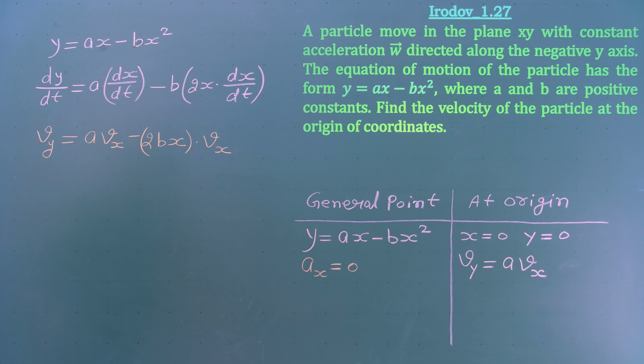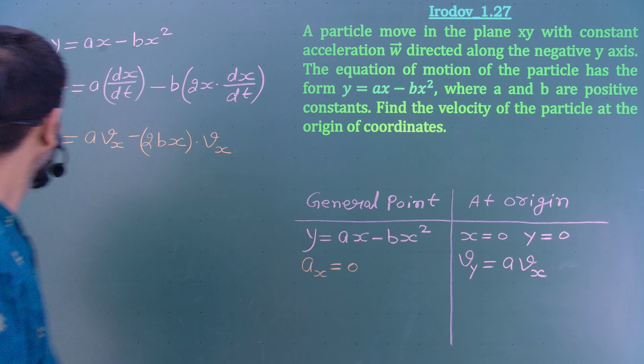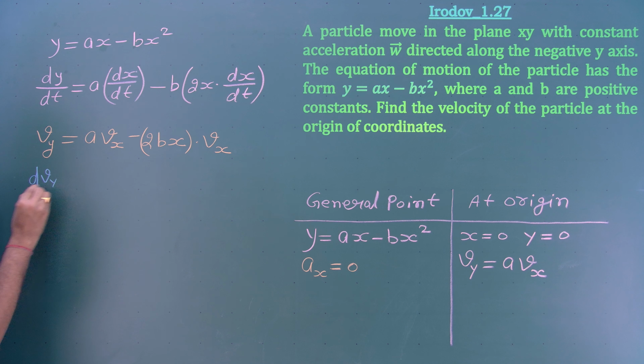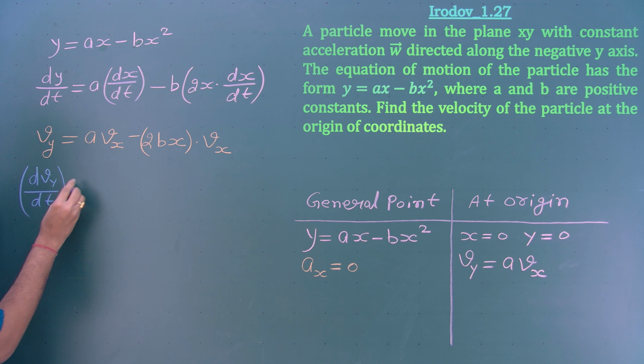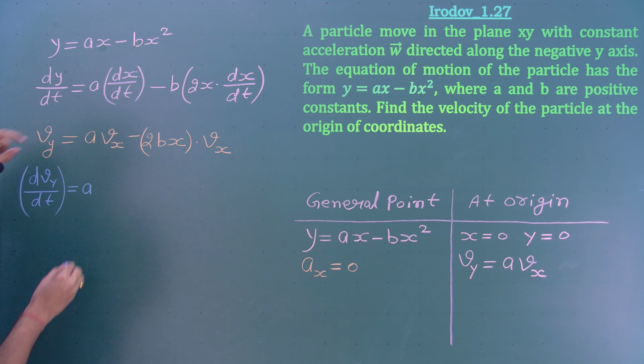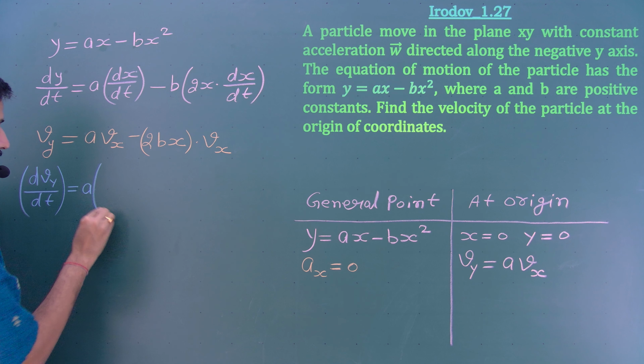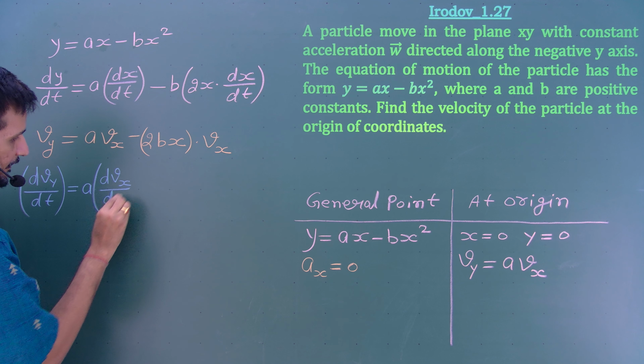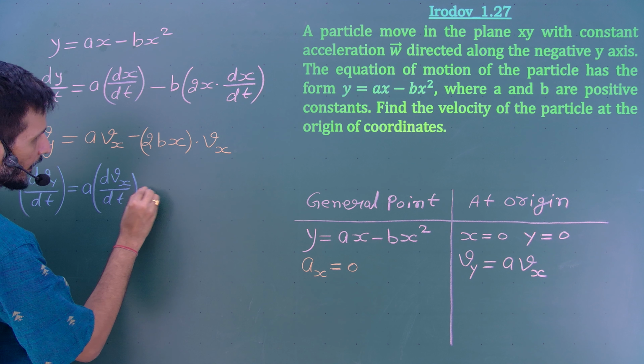Okay. Now, to use the information of acceleration, I further differentiate this equation with respect to time. So, dvy by dt should be equal to a into differentiation of this, dvx by dt, minus